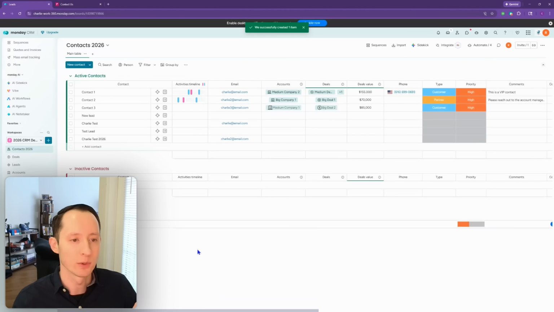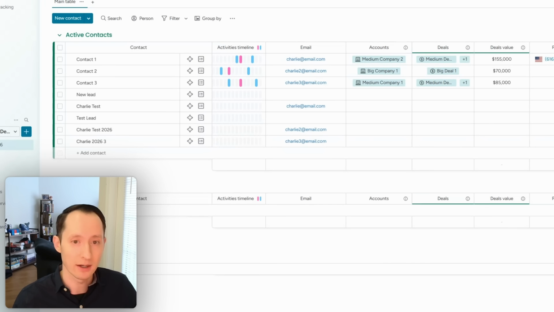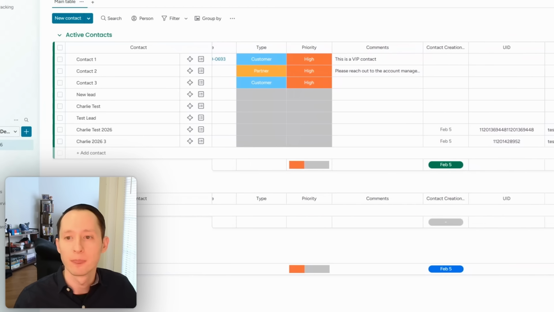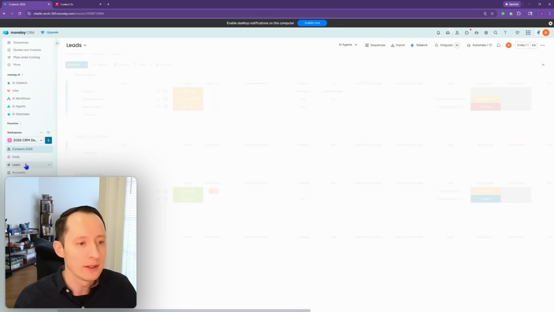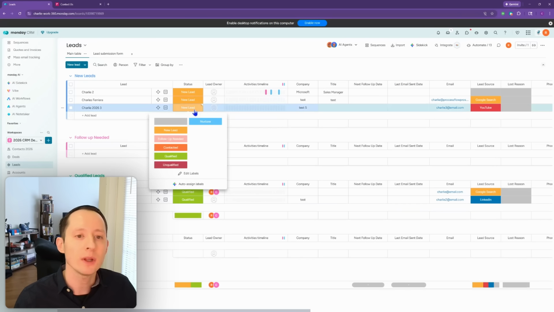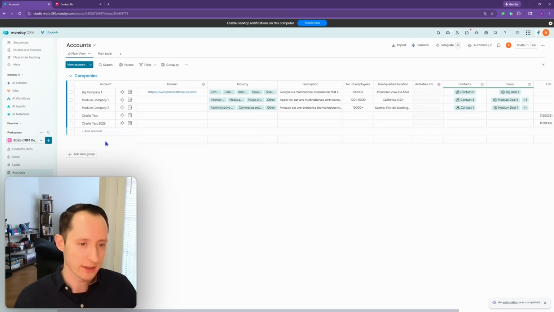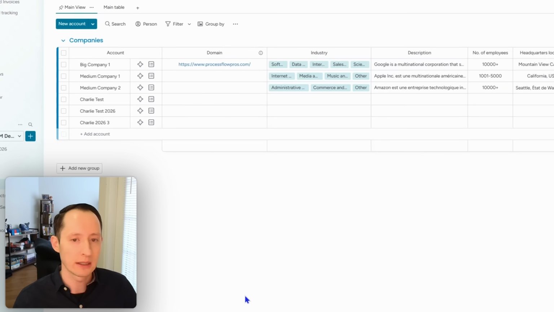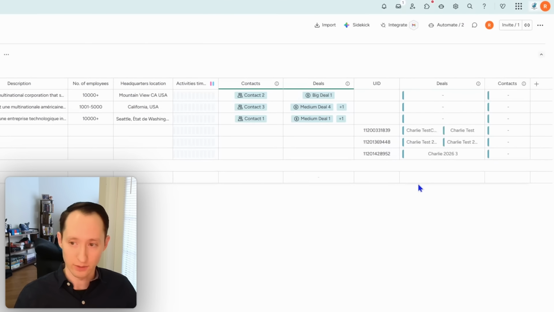Go to the contacts board. Charlie tests 2026 3 is there. Brought over the data. One UID this time. Fantastic. Go back to the leads board. Click qualified. Now it should add an account called Charlie tests 2026 3, and brought over the UID, created a deal, connected the deal,